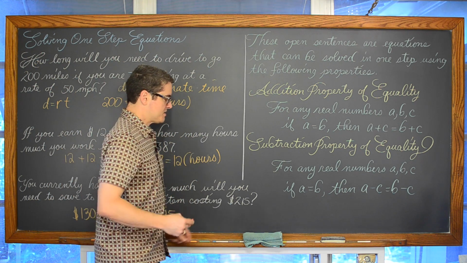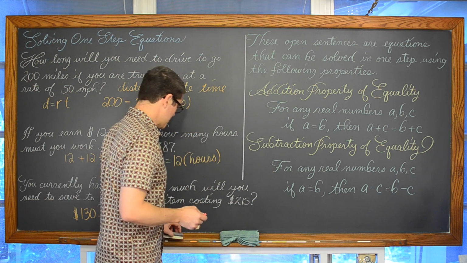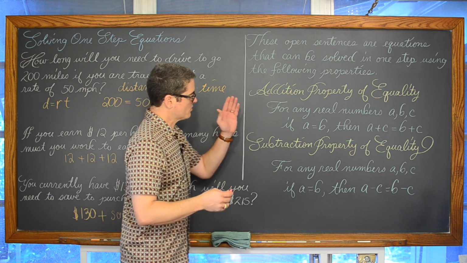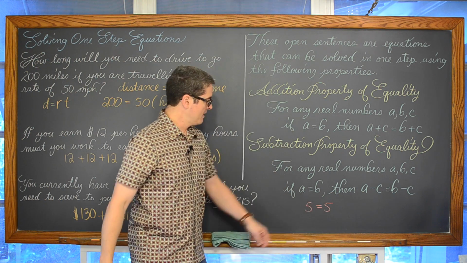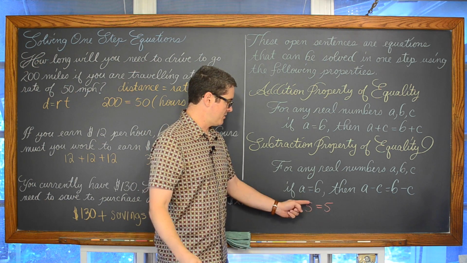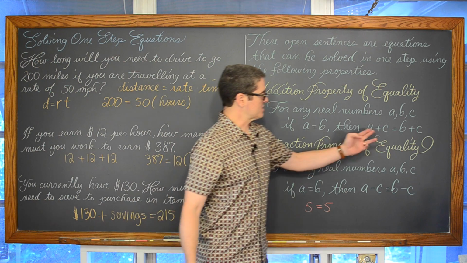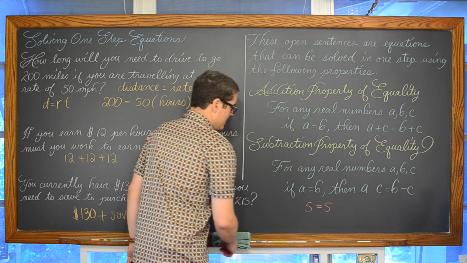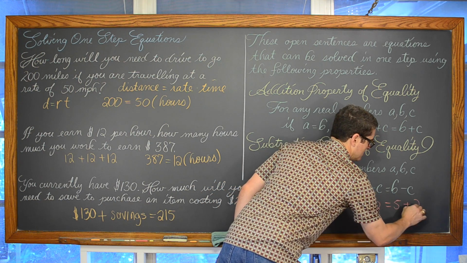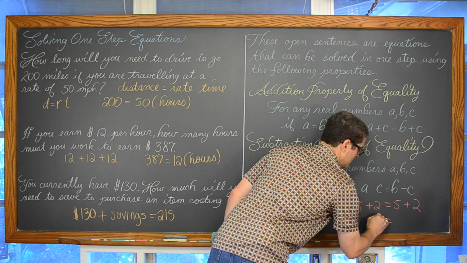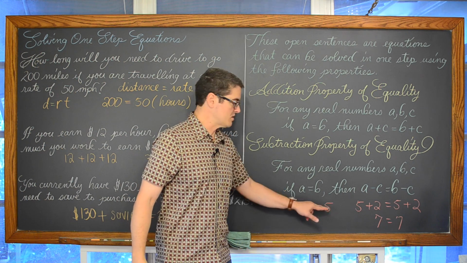Now, this is simpler than what we're going to be looking at in the 6 examples to follow, but just to really nail this home, if I say that 5 is equal to 5, okay? Now this is obviously true. I know that I wrote the same number on both sides. If I come in here and do addition, just because, if I add 2 to both sides, I'm going to get a true statement. You know, I start with two items, two sides to an equation which are obviously equal.